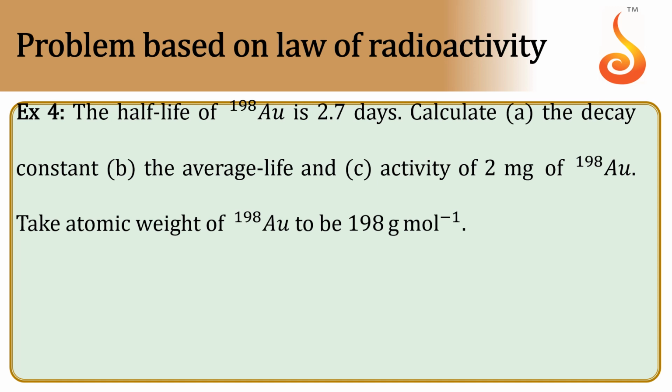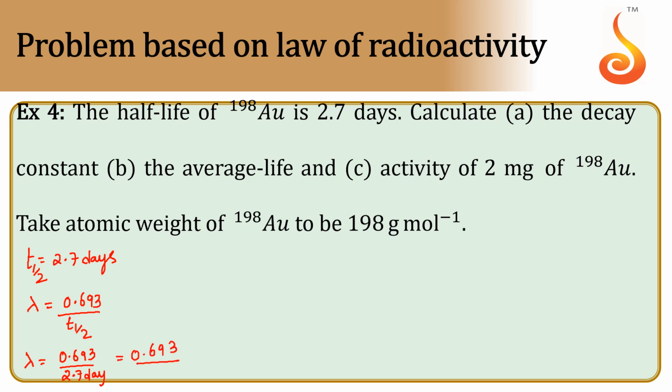So the half-life is given, which is 2.7 days. We need to calculate the decay constant. So lambda is equal to 0.693 by half-life. So what we get? Lambda is equal to 0.693 by 2.7 days. We can convert into seconds. So by simplifying,